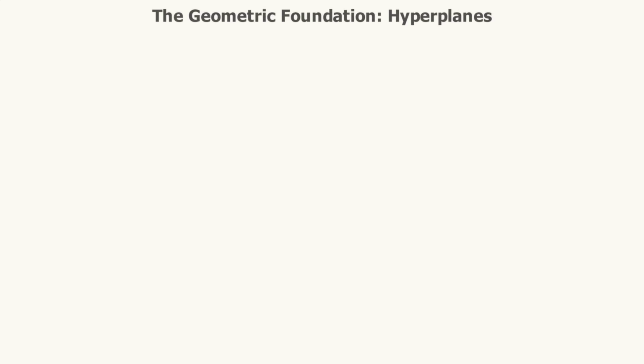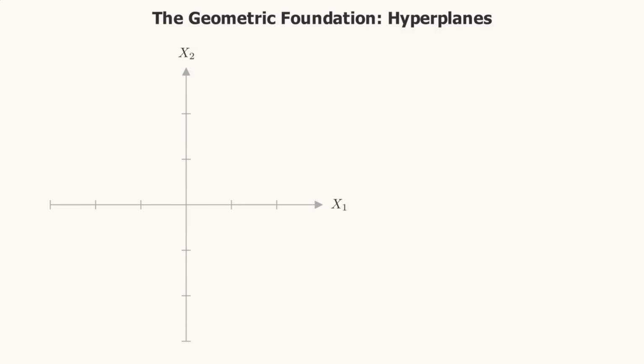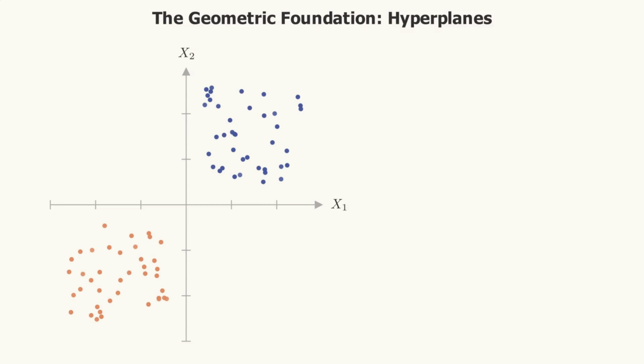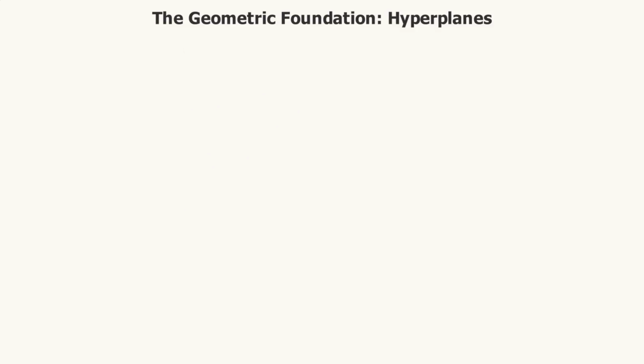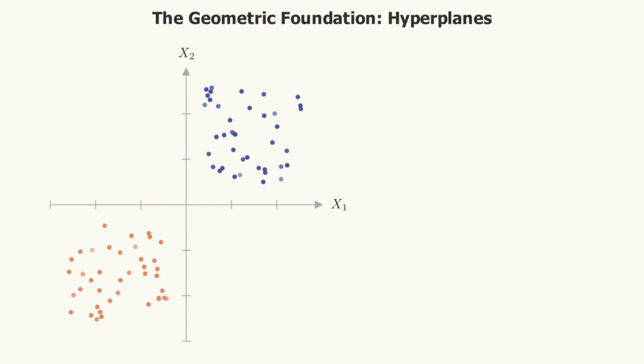It sounds complex, but it is simply the geometry of separation. But how do we use this for prediction? Watch what happens when a new, unknown data point enters the scene. By simply checking which side of the hyperplane the point falls on, the model instantly classifies it. In this case, it is a positive. This simple decision rule, classifying based on the side of the line, is the foundation that every support vector machine